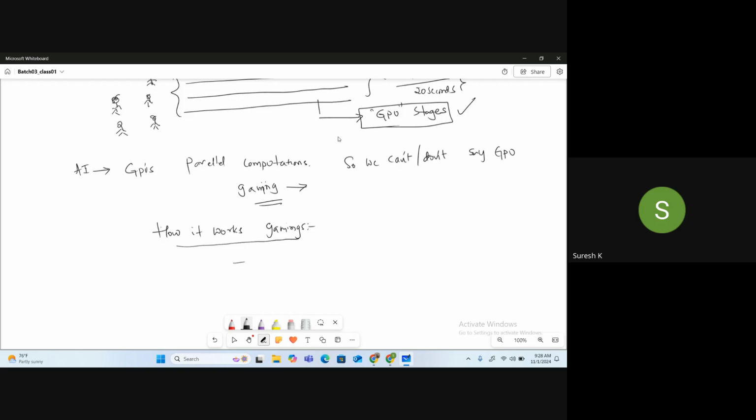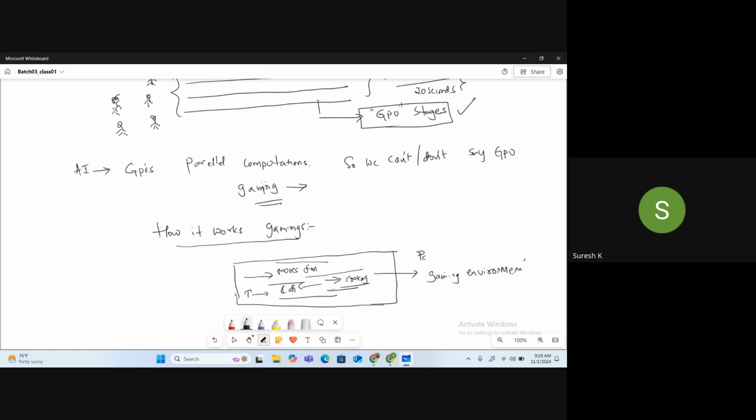When you are playing a game, imagine this is the gaming environment, if you are using a PC. One person works as he travels, and the background also moves simultaneously. There are other people also. Maybe a car is traveling in the same environment, and other people may be cooking in the same environment. All the people are working simultaneously.